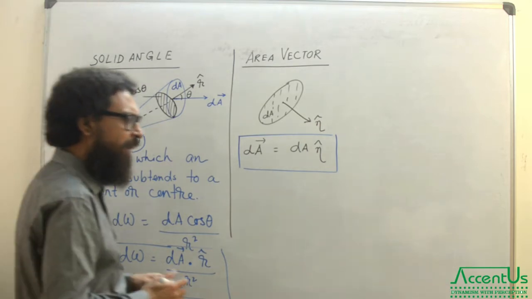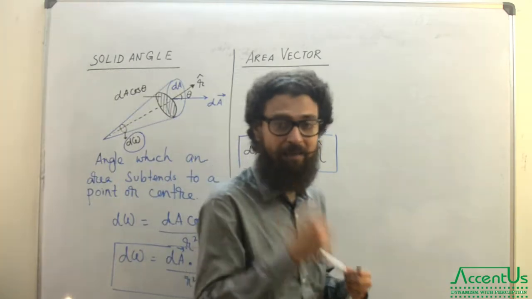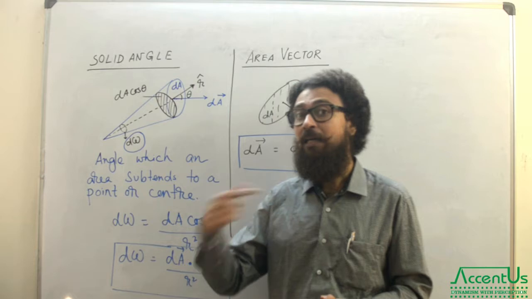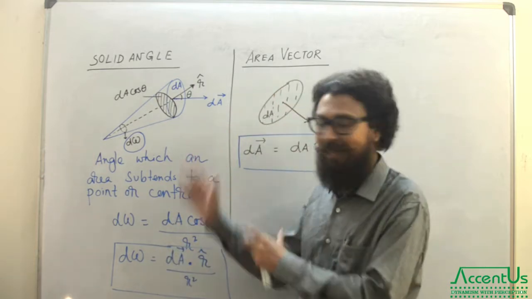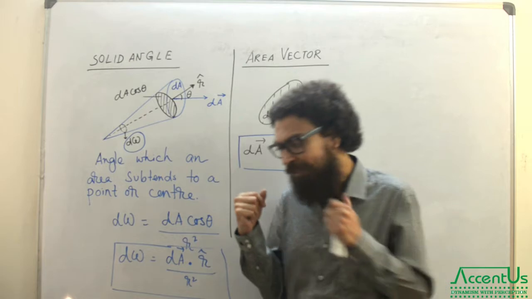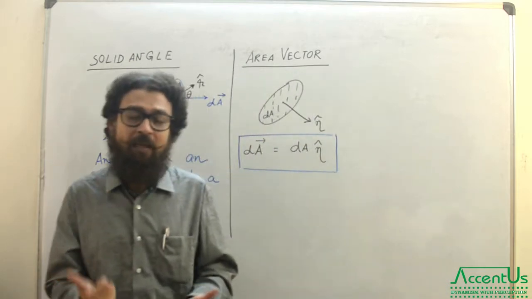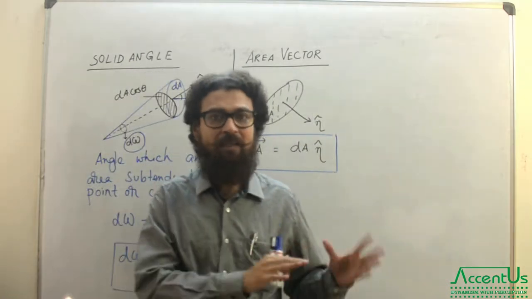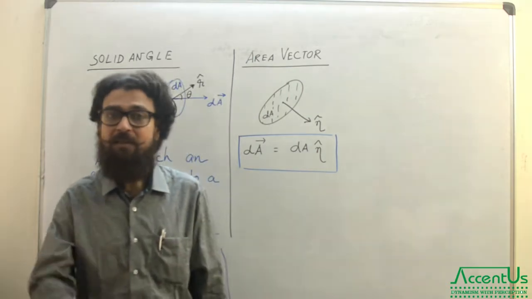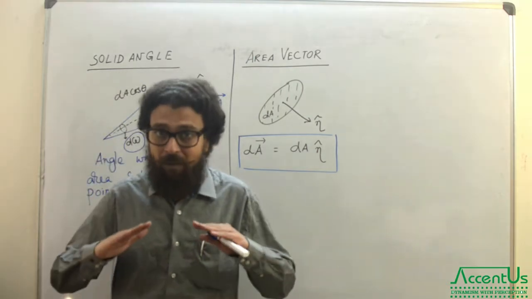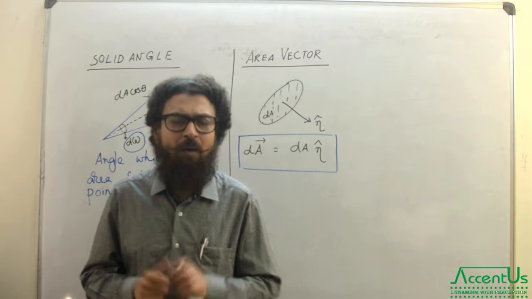Now we have a very important concept called solid angle, and this concept is very solid, I am telling you. So what is a solid angle? What is an angle actually? In trigonometry, in lower classes, you had a different aspect of the concept of angle. But when we started in higher classes, what was angle?